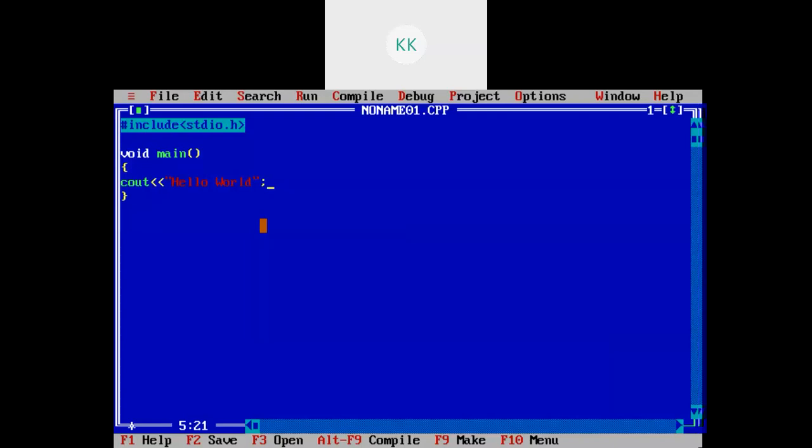And another function is there, cin, which is used to read from the console. And there are two operators used.